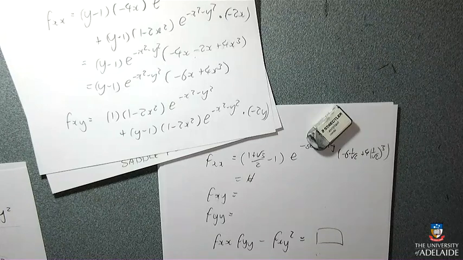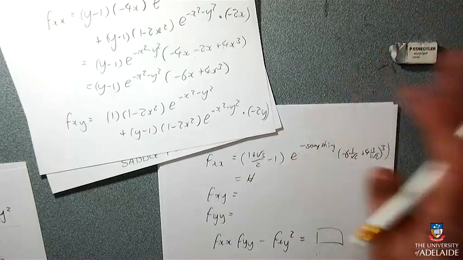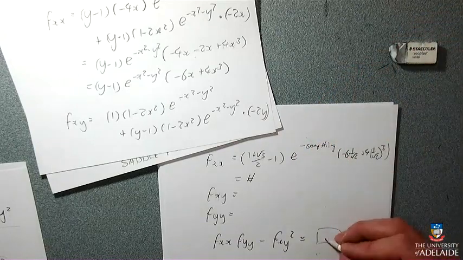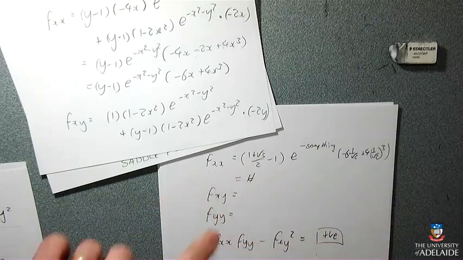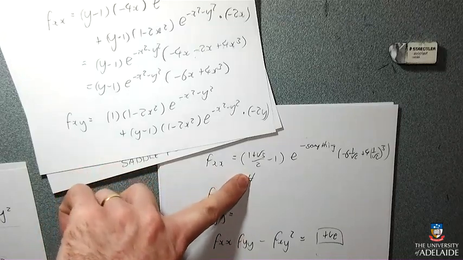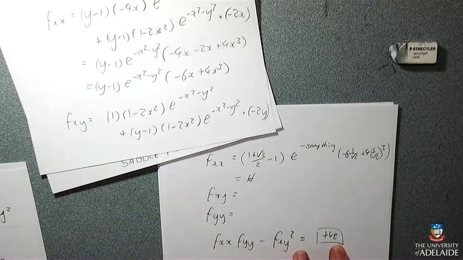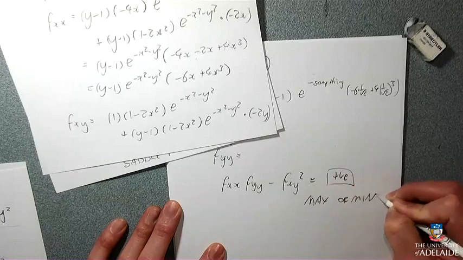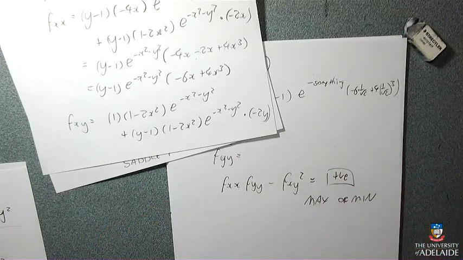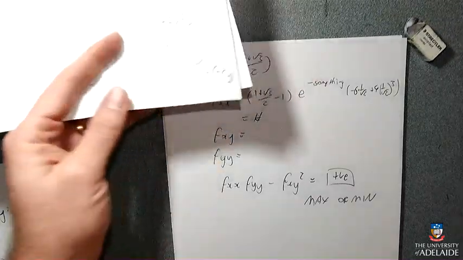I don't know which one is which, but let's just pretend that this one comes out to be a maximum. Positive. No, that'll make it a minimum. No, it wouldn't. So all of the other 4, this comes out as positive, and then what you'd need to do is look to see whether this number here was positive or negative. So if this came out to a positive answer, then you know it's either a maximum or a minimum, but you have to decide which one it's going to be. You know that if it's negative, it's a saddle point, and if it's positive, it's one of a maximum or a minimum, but you have to decide which one is which, and you just look at either one of these two,